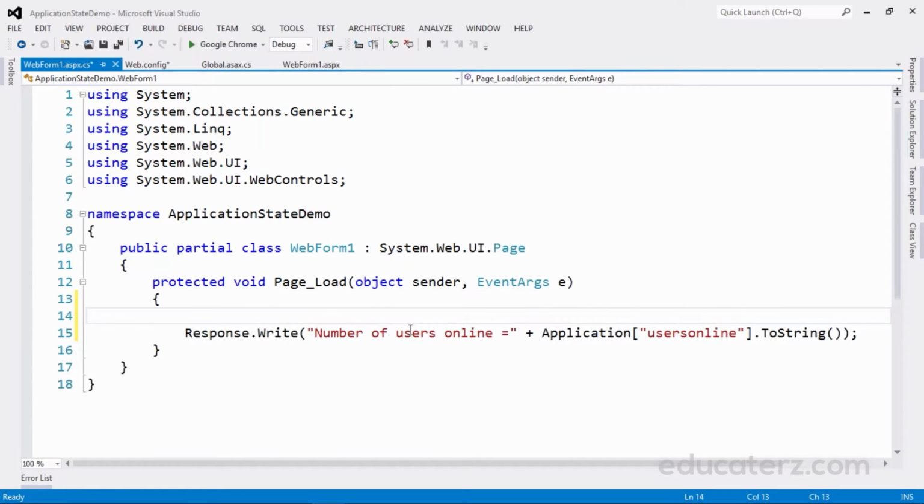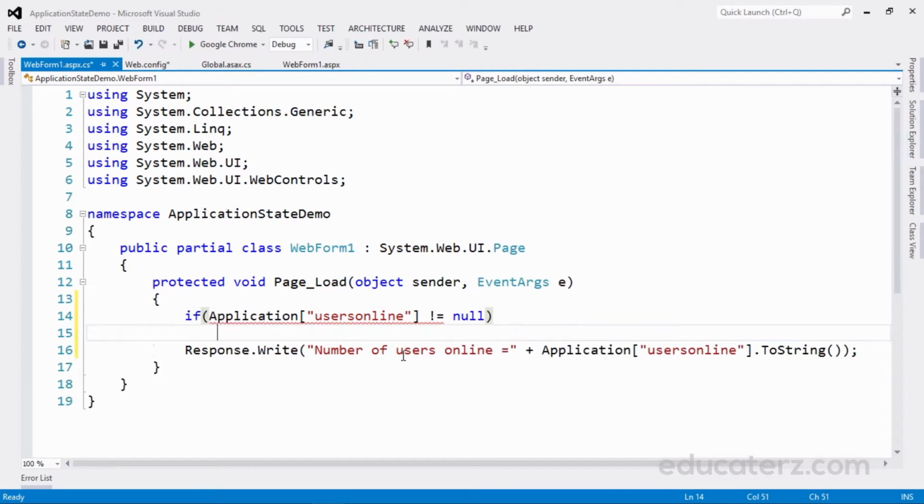Then again, it is best practice to always check whether this application state variable has a value or not. Otherwise it will throw an error. We have seen this with the session state variable; please watch the earlier session on this so that you can understand it.